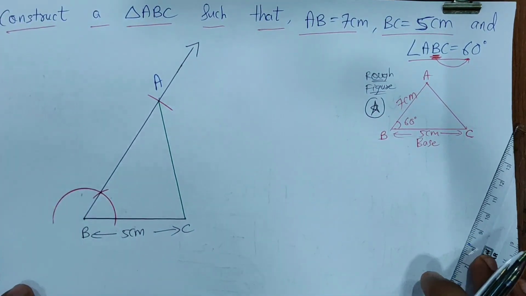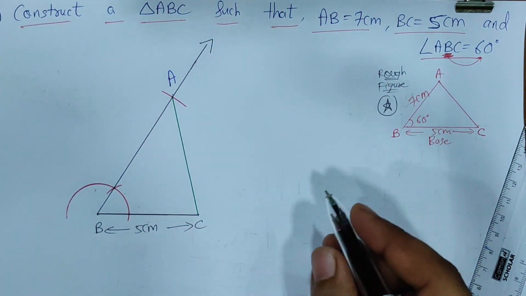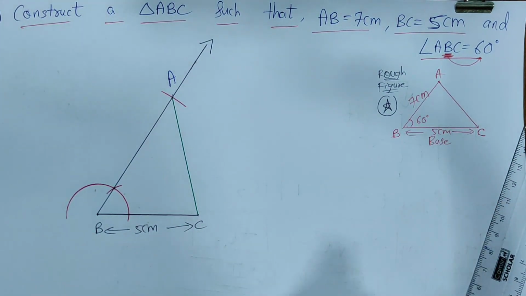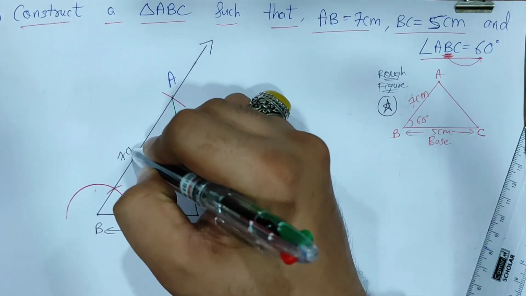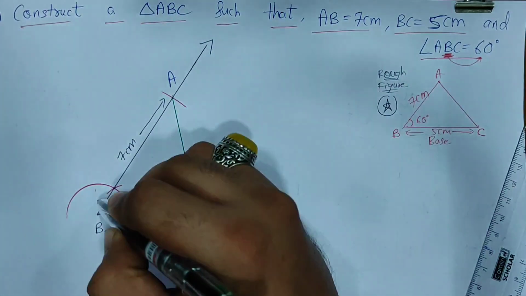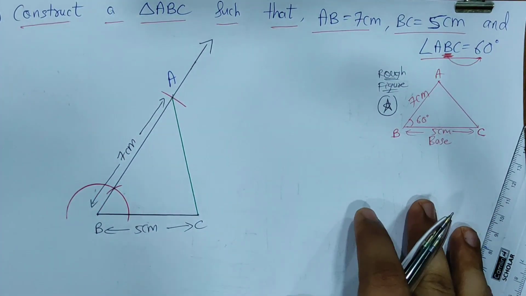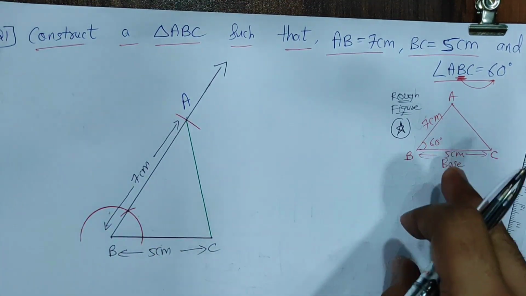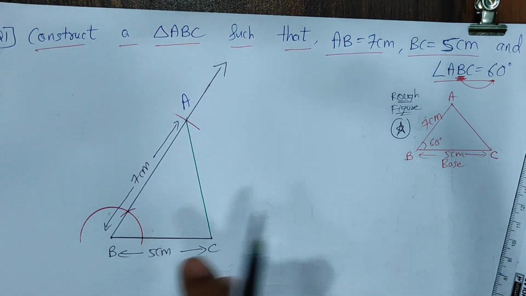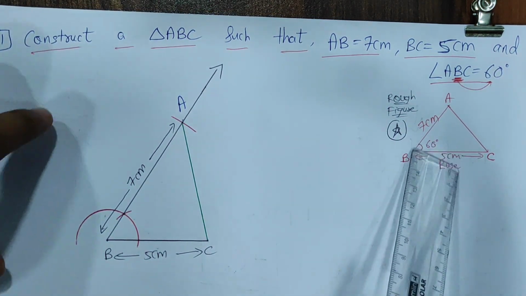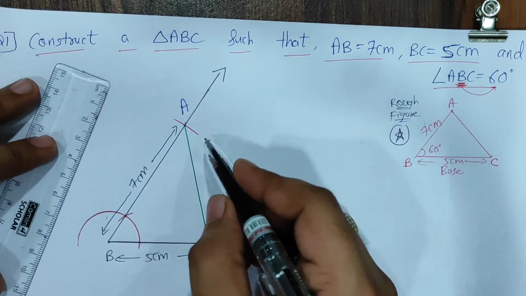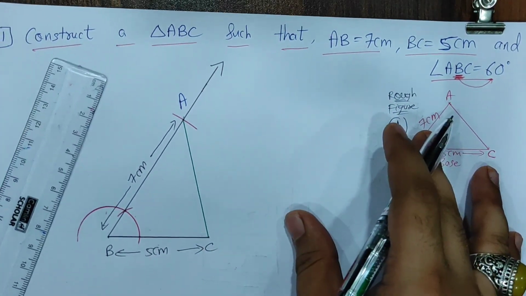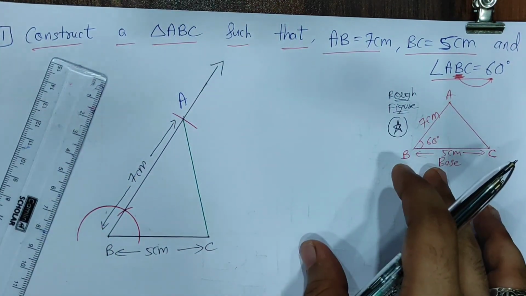That's it, students. Done. And very important, don't forget to write the dimensions, please. This BA was 7 centimeter. So 7 centimeter. If you don't write the dimension, your marks will be deducted. And as I told you, when we drew this angle B, after that, this was 7 centimeter. So you should not just keep your scale at 7 and mark it with the pencil. No, it's not allowed. You have to mark an arc. Everything should be done with the help of this compass, please, all of you.